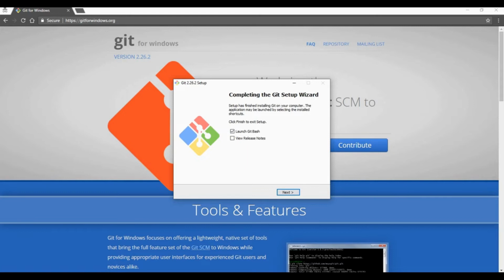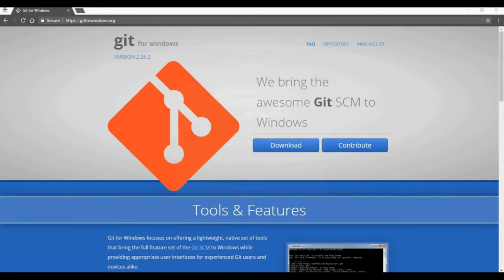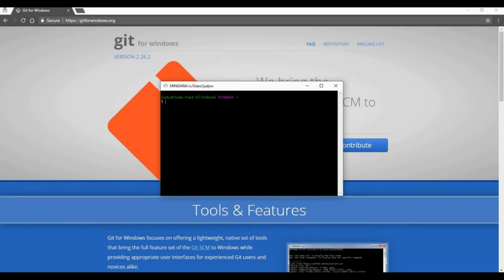So once you have Git installed, you're going to want to click Launch Git Bash. And then over here, type in git --exec-path. And this will give you the path to your GitHub. Now take this path,